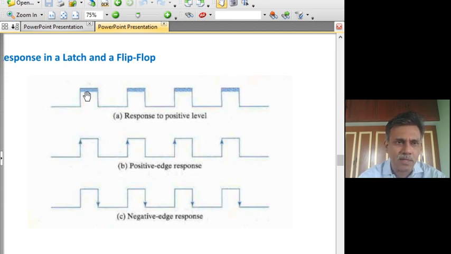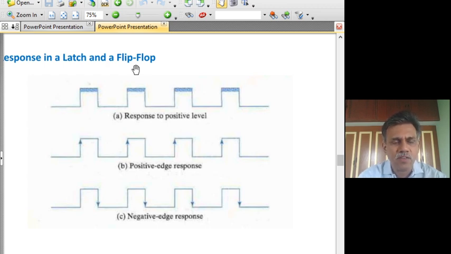enables or makes the latch to work. So the latch will function or can change the state only with this appropriate level, during the duration when the level is positive or negative depending upon the design. Whereas in the case of flip-flops, they work in synchronization with a transition in the clock pulse.